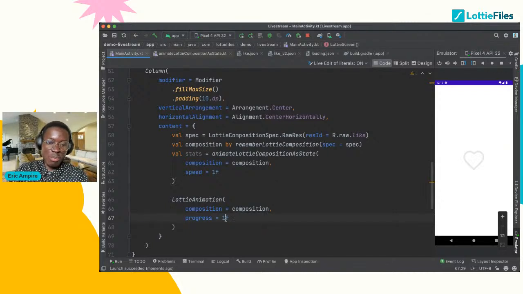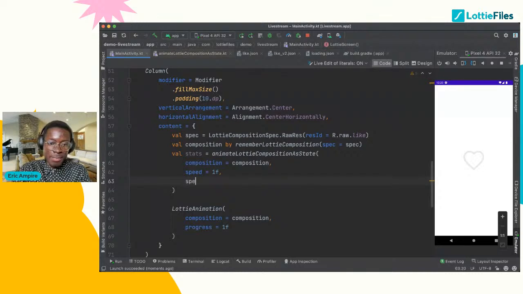And if I replace that with 1, you will see that the animation is not animating. Why? Because I have removed the property that animates my animation. But sometimes you may want to deal with the progress of the animation. For doing that, let me use the clipSpec property,